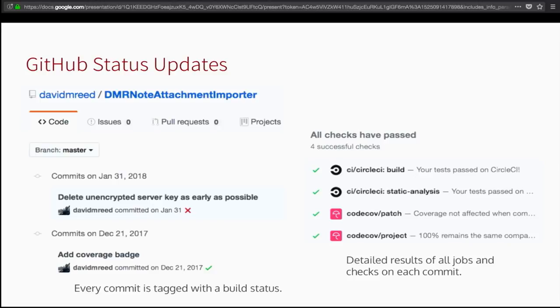So you're always going to get a sense within your commit history of where your tests are good, where they're bad, where you might have issues. Here we've got some green check marks and red X's by each commit, letting us know where we're at. And you can also see, if you drill down, that we're running not just 1, but actually 4, in this instance, tests on every single commit. That's running tests, the first check. It's running static analysis, and it's also running 2 different levels of code coverage analysis. We'll get into that in a little bit.